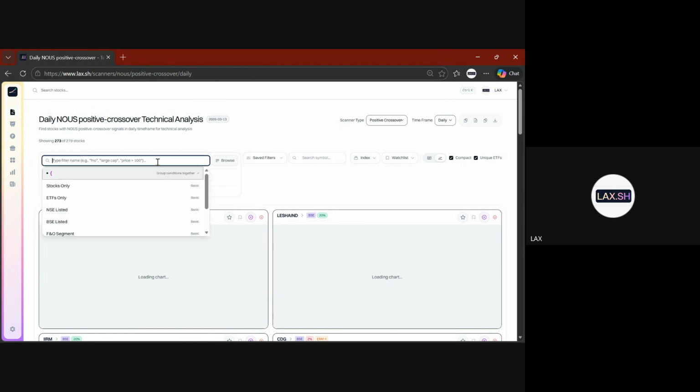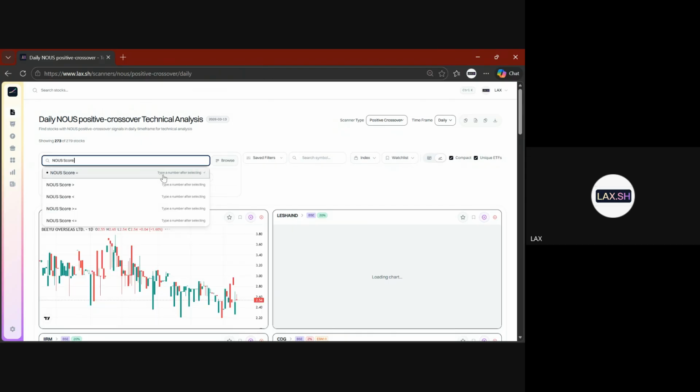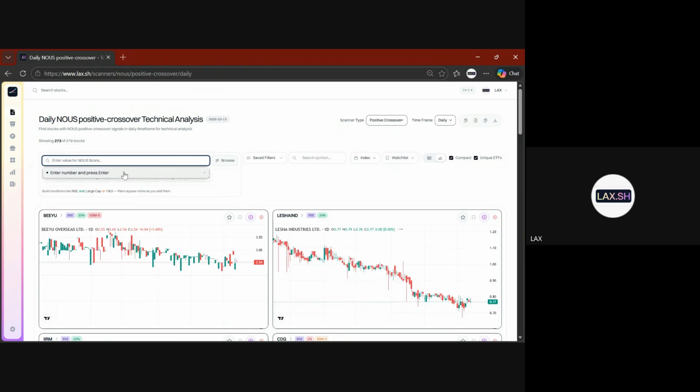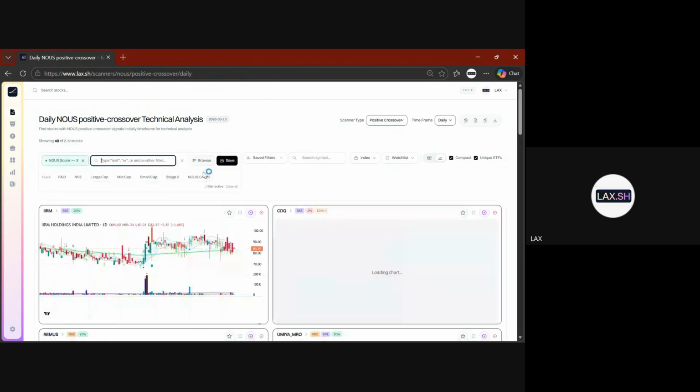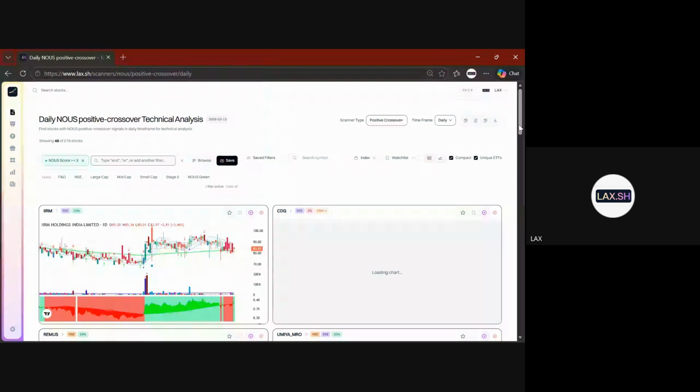But like I said, the news score has to be 3 or more, right? So I just put that. And the moment I do that, suddenly you'll have only 48 stocks. Now you tell me honestly, how long will it take for you to go through 48 stocks? Output nothing. Only daily news crossover with news score 3 or more. That's it. Nothing else.